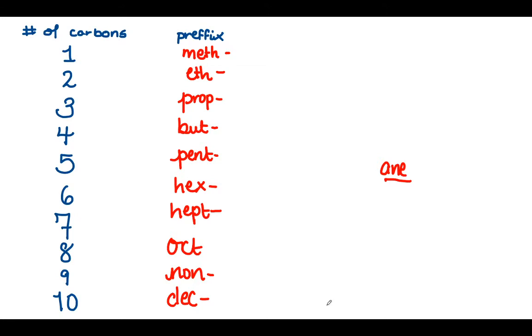Now when we're naming them, you might have noticed that in the very first slide, when we looked at an example, we had methane, right? There are very interesting names for these alkanes, and they all have to do with the number of carbons. So if I tell you that we're looking at pentane, you should know the number of carbons just by looking at the name. Again, all of these things are related.